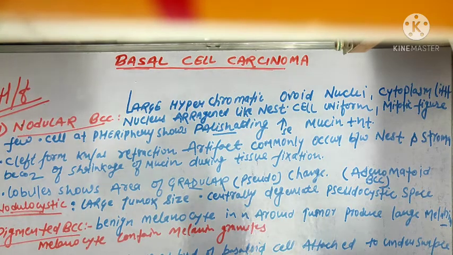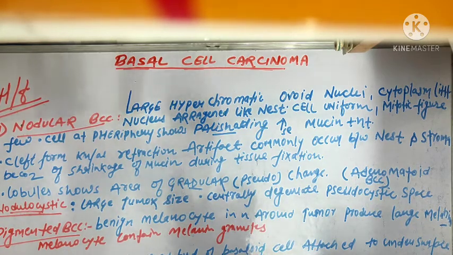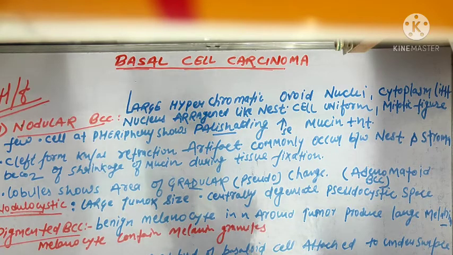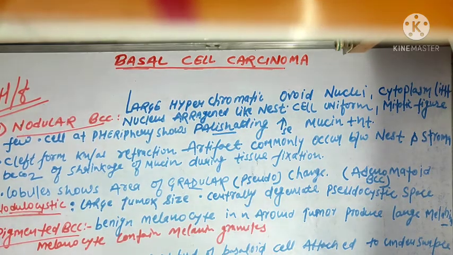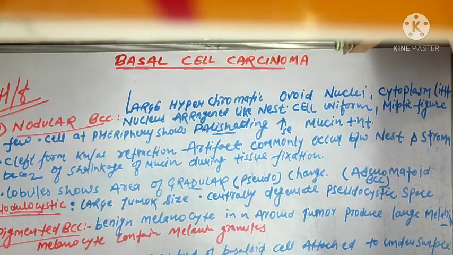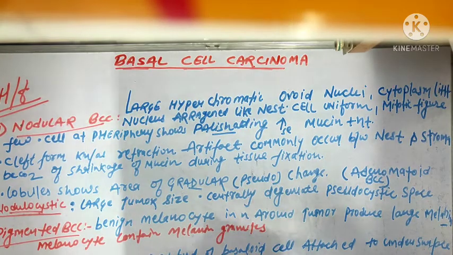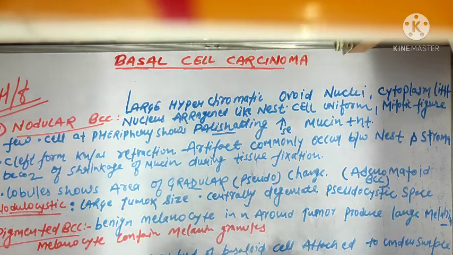The histopathology tells us that any carcinoma needs to be most confidently identified with the help of biopsy. Biopsy is done by surgically taking a tissue, and then we confirm the type of carcinoma. The first type is nodular basal cell carcinoma. In the nodular carcinoma, when we do the biopsy,